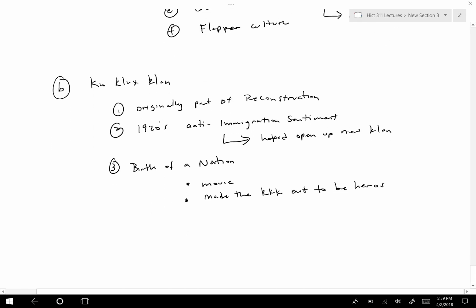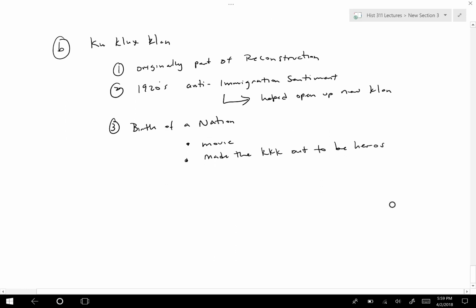Right, so it recreated this kind of concept that the Klan was able to latch on to this movie and this anti-immigrant sentiment and model itself and revitalize itself. So they modeled, let's say, concepts like secret handshakes and rituals,